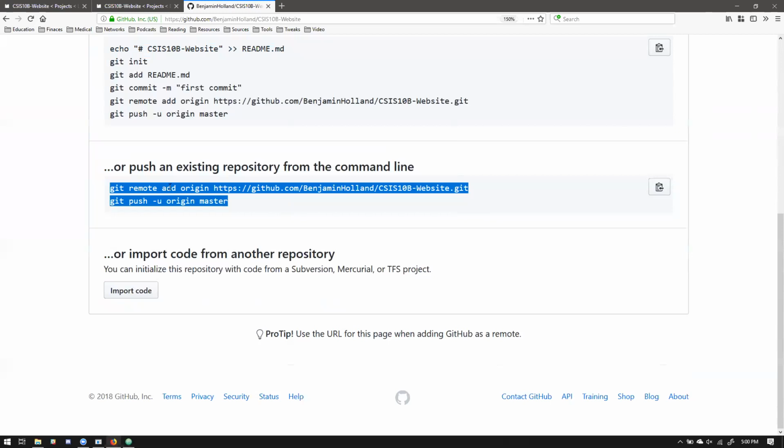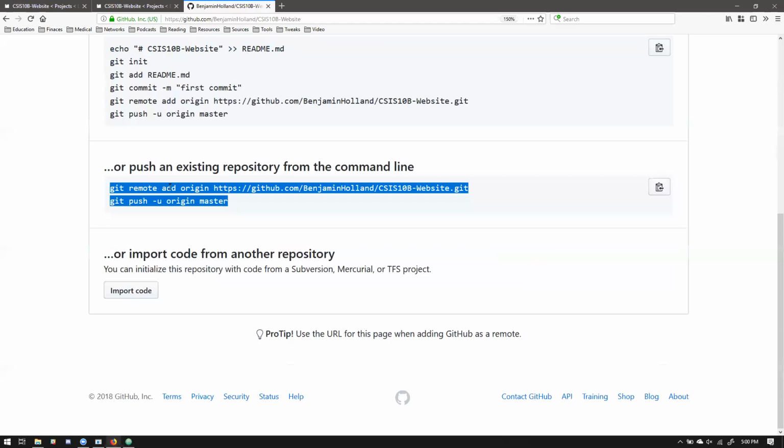And so what we can do is these 2 commands tell it 2 things. One, git remote add origin, and then the URL to the .git thing, which I'm not entirely sure what it is. You can actually leave off the .git. So that command says, hey Git, I'm going to add a remote repository to you. I'm going to call it origin. And then here is the URL